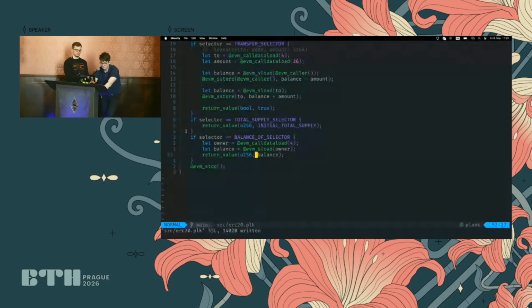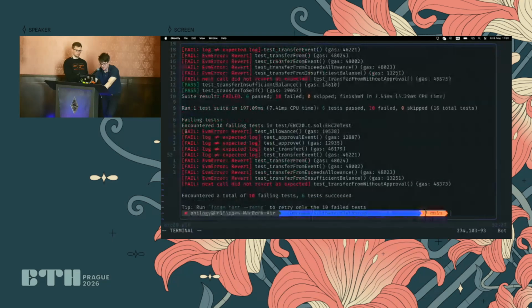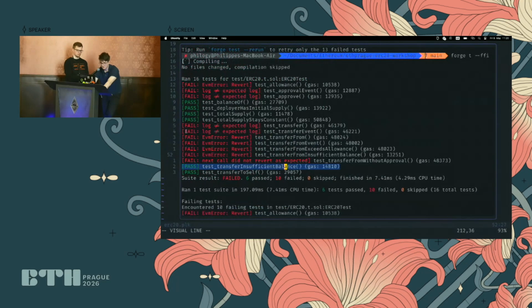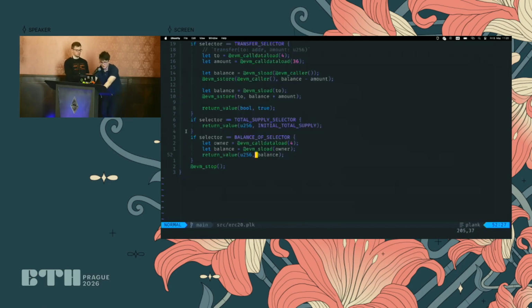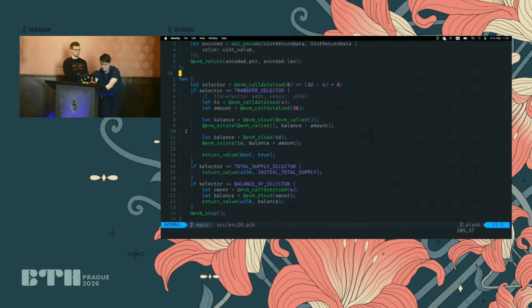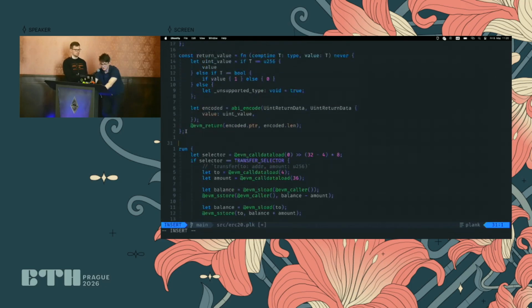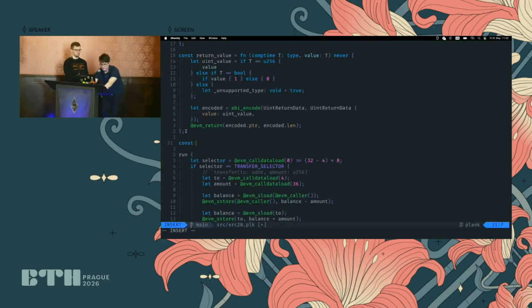Okay, nice. All right, so now if we run this, more of our tests are passing now. We have the transfer to self working. We fail on insufficient balance. But certain things are still not working, like the transfer and transfer event, because we're not emitting a transfer event on transfer. So let's rewrite that function from the slide earlier, and let's do emit transfer, a function that takes in the from, the to, and the amount.